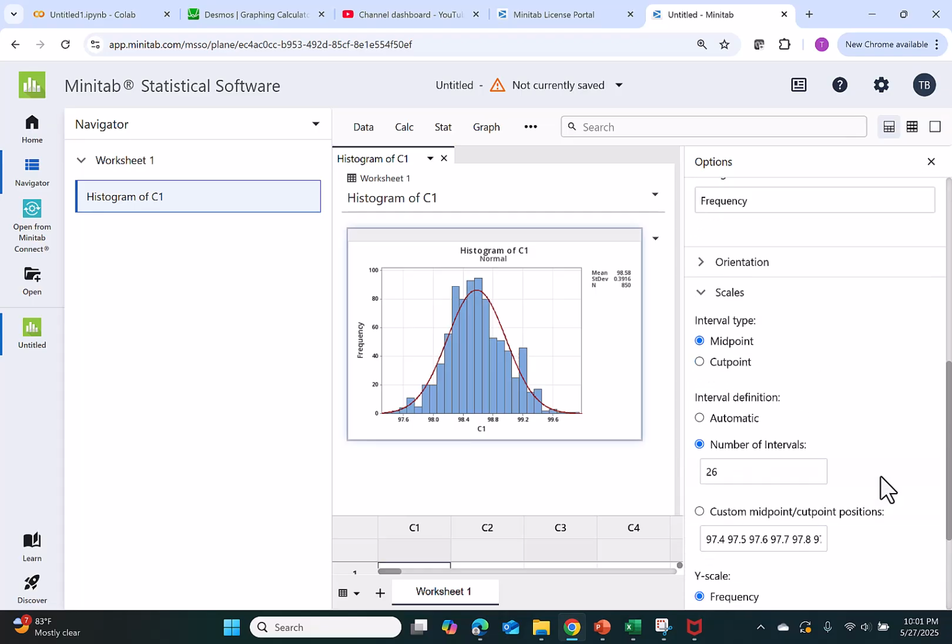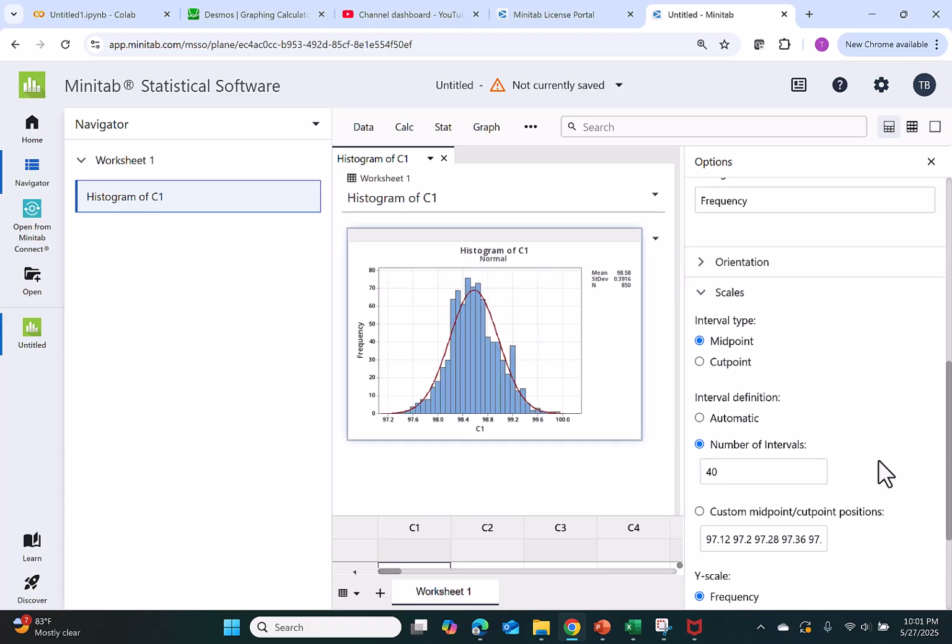Let's see what happens if I change the number of intervals. Right now I have 26. I'm going to move this over to something higher. Let's try 40. With the higher number of intervals, we can see that the normal distribution shifted over a little